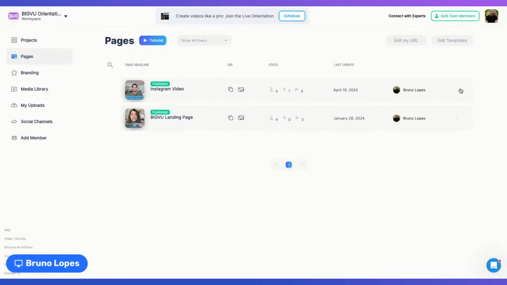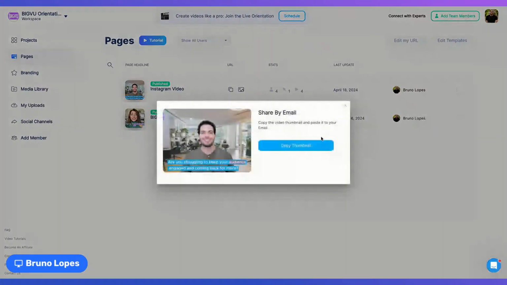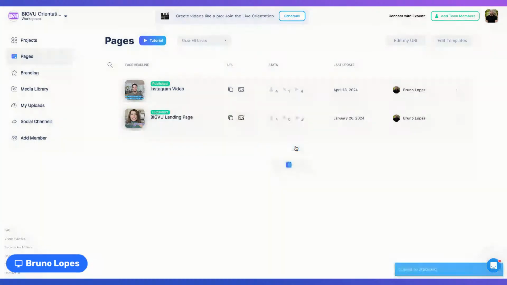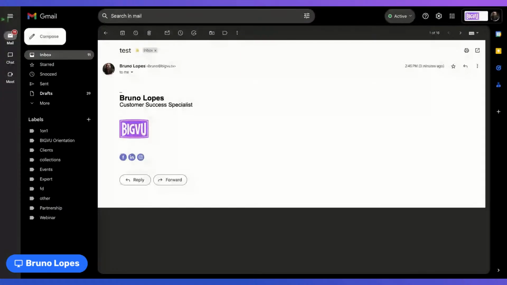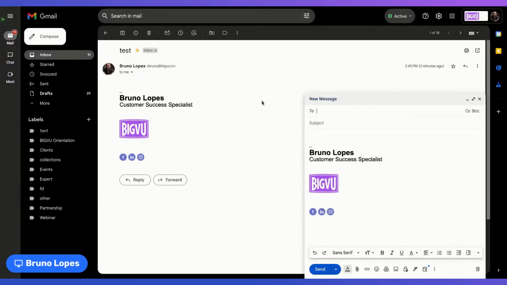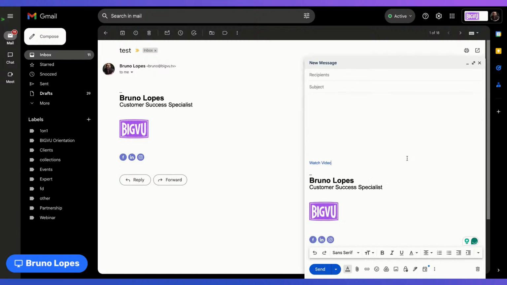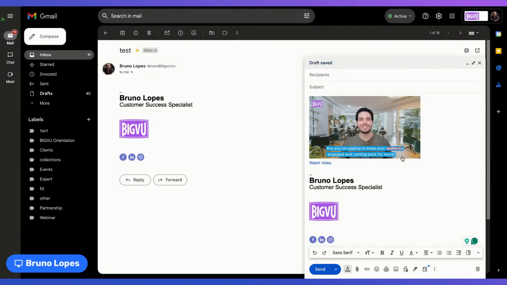Again, let me repeat, three dots, Share by Email. I click on Copy Thumbnail. I will open my Gmail account, like this one that you guys are seeing now. I'll click on Compose to create a new message, and I'll paste this thumbnail there. If I send this to me, for example, or if I send this to anyone,